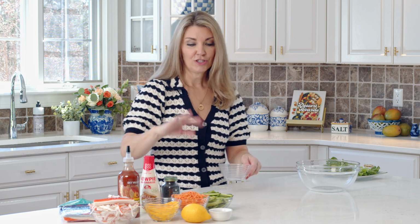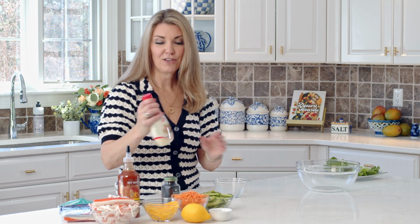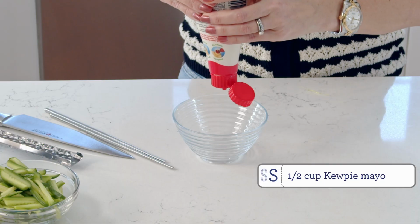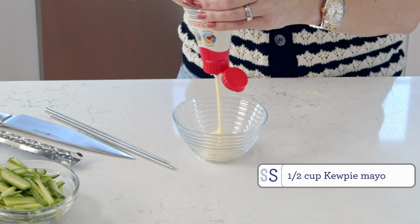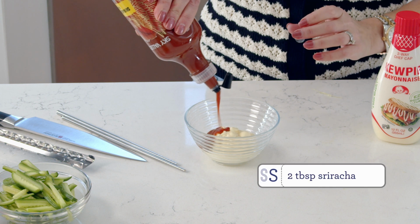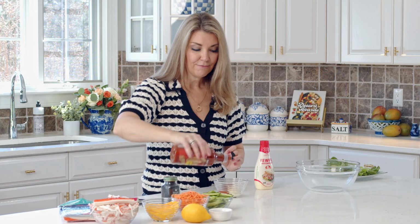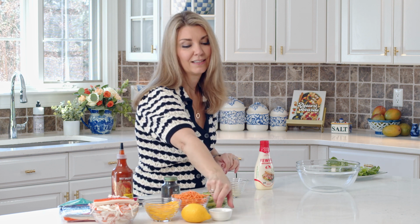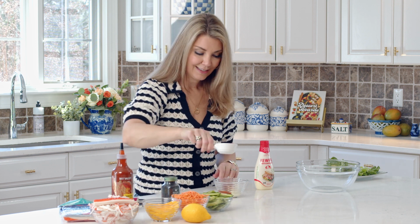To make your salad, we're going to first make our dressing, and for that, you're going to need some of this mayonnaise. This is the best. It has rice vinegar in it, and it's made with all egg yolks. If you buy a bottle of this, you're going to be putting it on everything. We're also going to add some Sriracha, and we like things spicy here, so if you do not, you can totally leave that out. Your soy sauce,